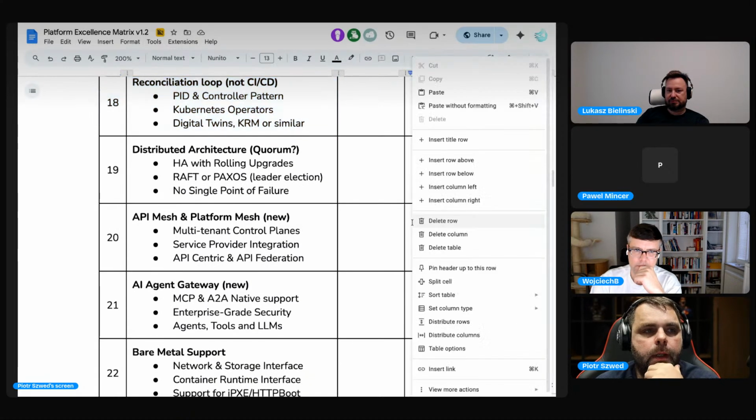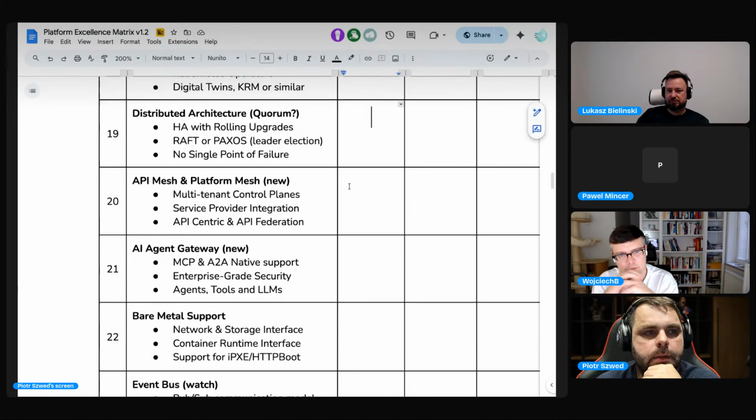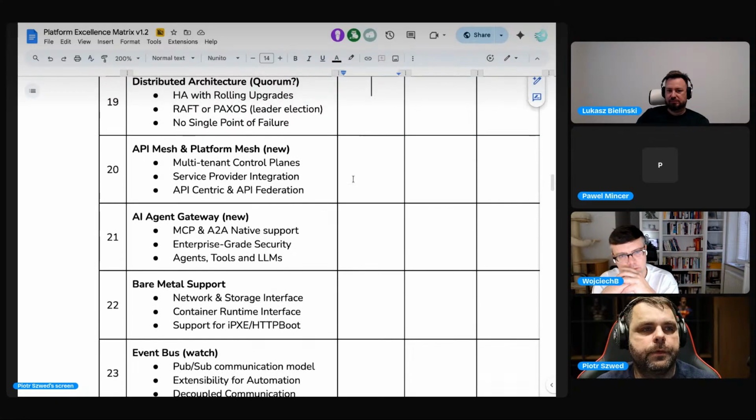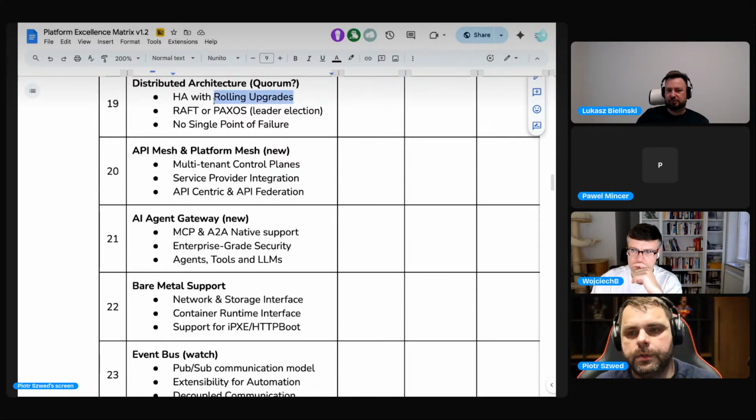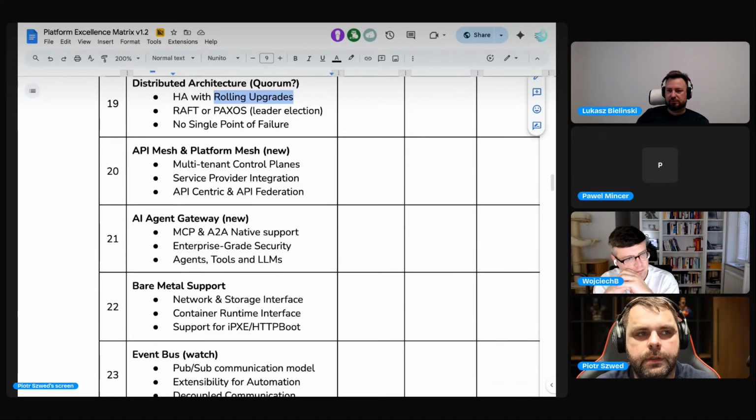Okay. The next one. This is a topic we already discussed before. Distributed architecture, the distributed nature of the platform, and the rolling upgrades feature is actually something that we may want the platform to provide. And if we assume that the platform is an enterprise product, that there are thousands or hundreds of thousands of users of the platform who are spread all over the world, working in different countries, different continents, different time zones.